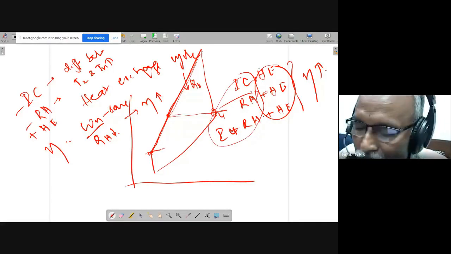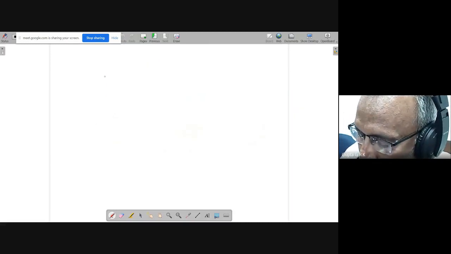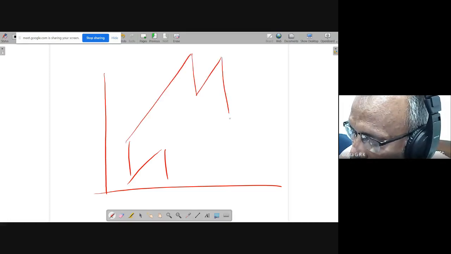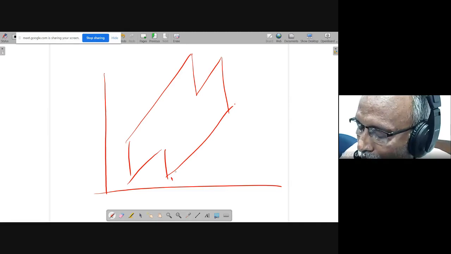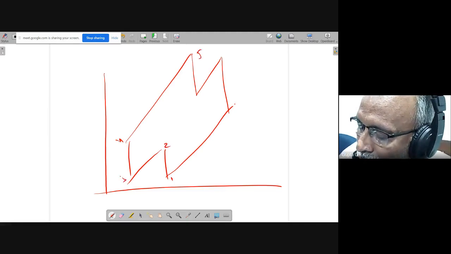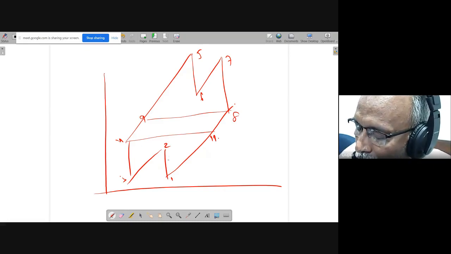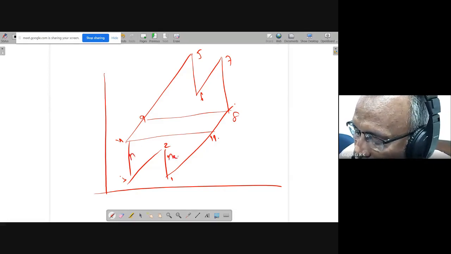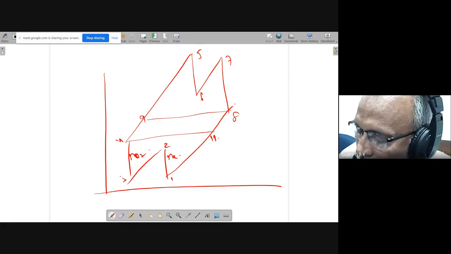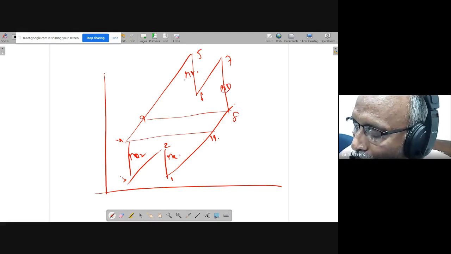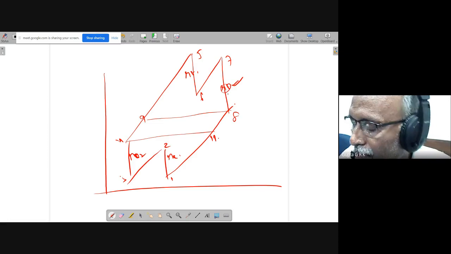Always, as I told, whatever problem you have, suppose I have like this: 1, 2, 3, 4, 5, 6, 7, 8, maybe 9, 10, like this you will have. So you have to go from point to point. You will be given pressure ratio RC1, pressure ratio RC2, and pressure ratio RT1, and the other pressure ratio need not be given, because once you know these two, this is obvious. You can find it out, because the total pressure ratio is the same.